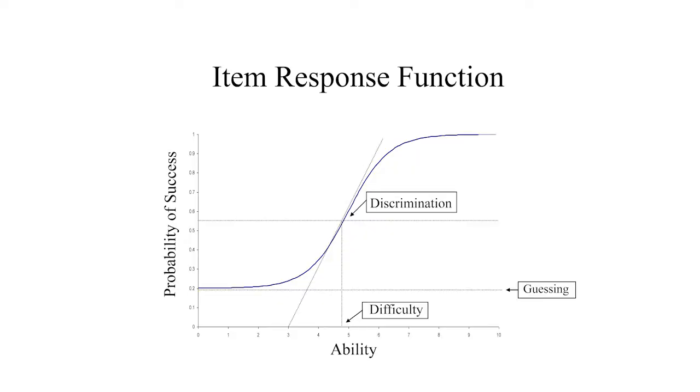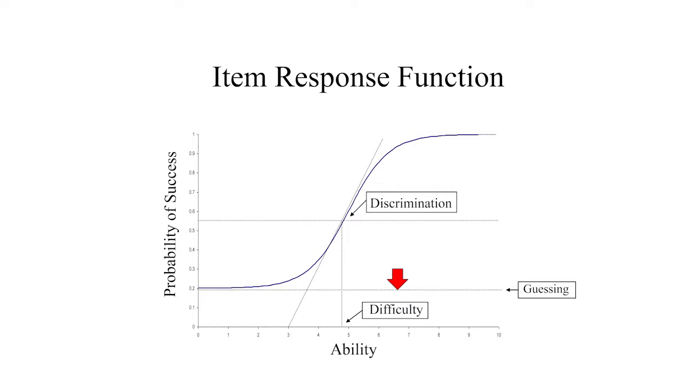So again, we have here a dimension which is the ability dimension or proficiency dimension. I use these words interchangeably, okay? In education, it's usually more usual to talk about proficiency. So here I again have the probability of a correct response. Here I have my latent scale. The difficulty is the location of the inflection point of that curve, which represents the probability of a correct response. So that's the difficulty parameter.